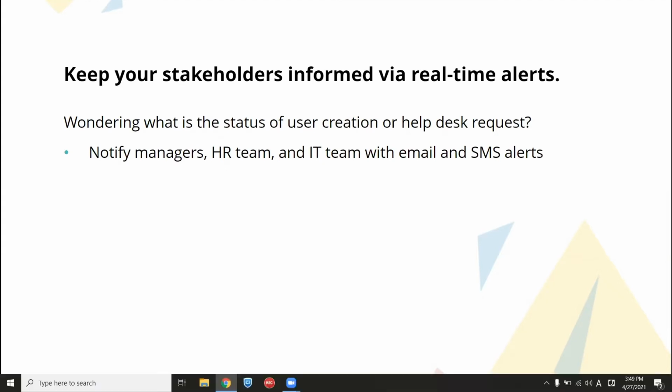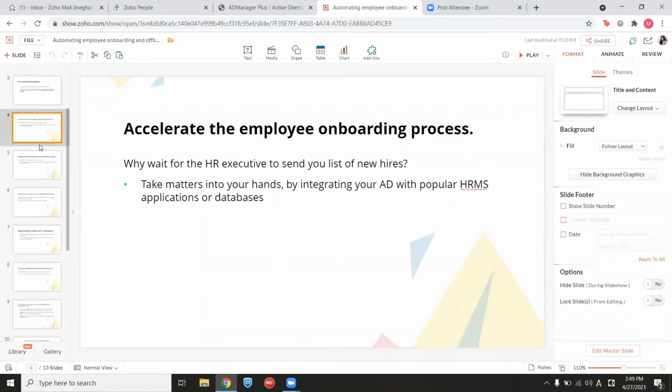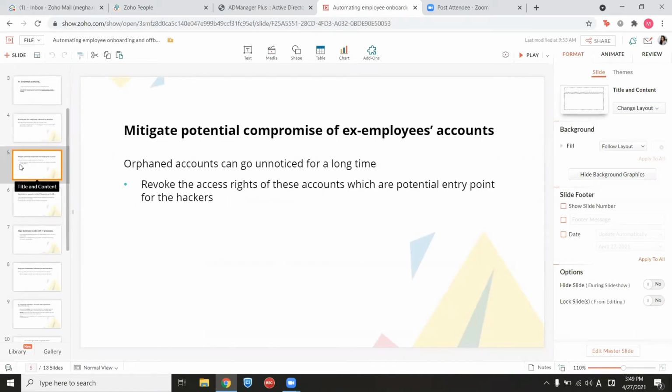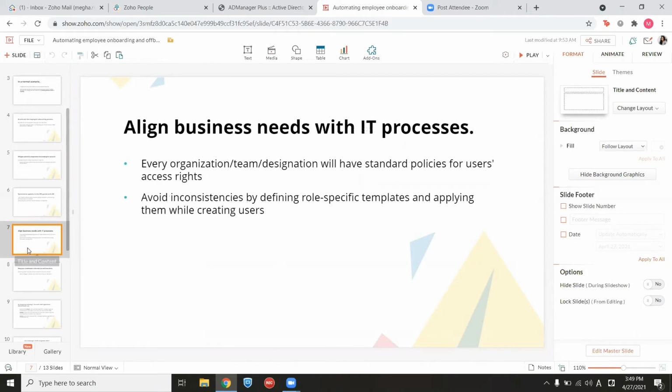So this is just a quick overview of some of the topics that I wanted to talk about, starting from user onboarding and then moving on to how you can make sure that these tail accounts get addressed really quickly, so that the accounts are not lying there to be accessed by hackers, and how you can standardize your onboarding, offboarding, and reprovisioning of users with the help of a checklist, and most importantly, keeping them